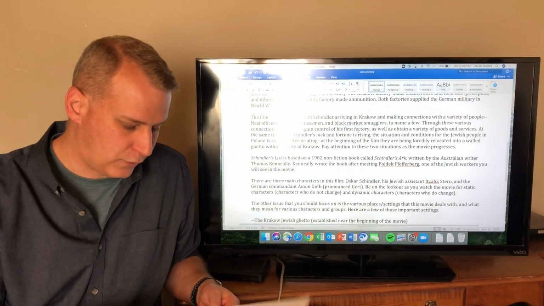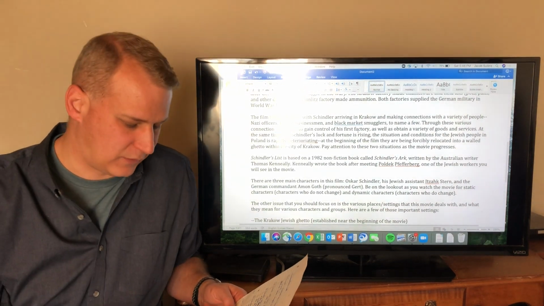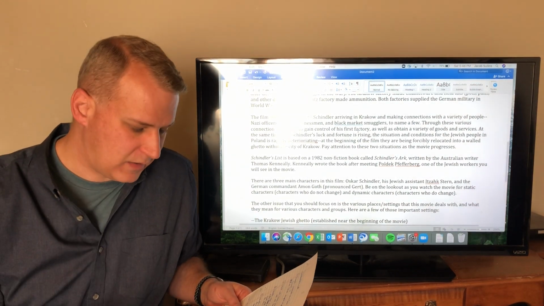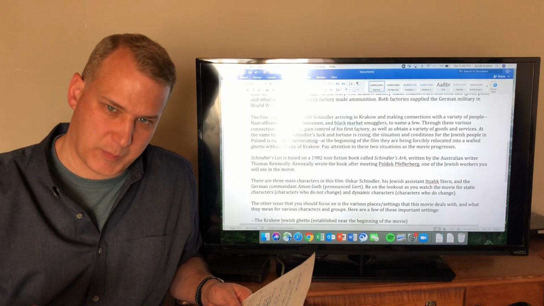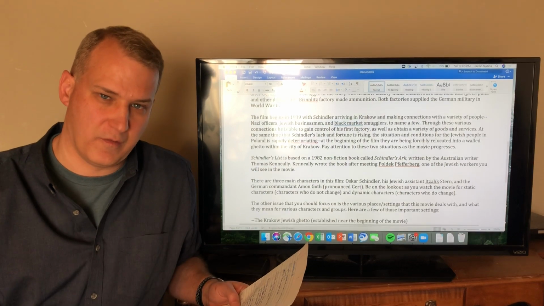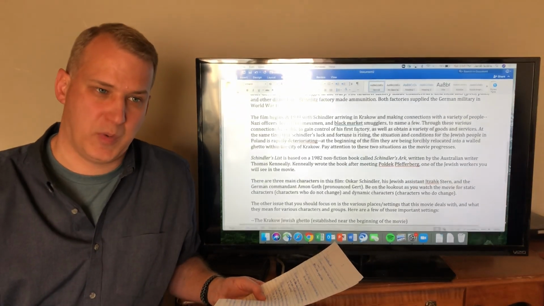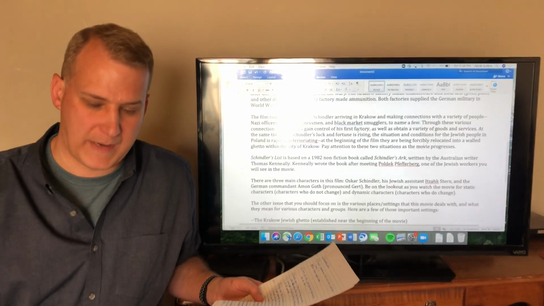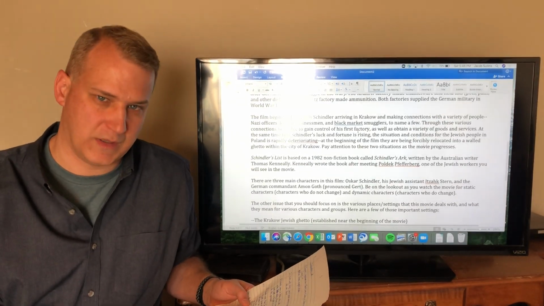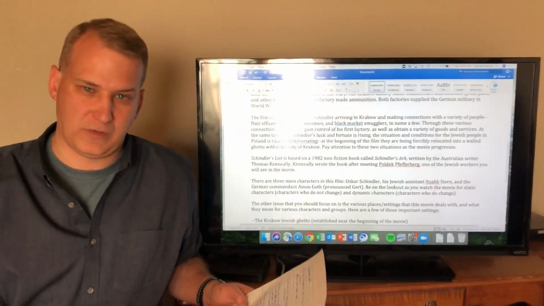to get you ready, as you start watching. This will mainly cover the first half, the first 90 minutes or so of the movie. As I said at the very beginning, you will see the Jewish people being forced to register once the Nazis take over. This is a movie called Schindler's List. There's a bunch of getting put on lists, and people making lists, and people being forced to be on lists in this movie. Think about what it means to be on a list in this movie, because it means something